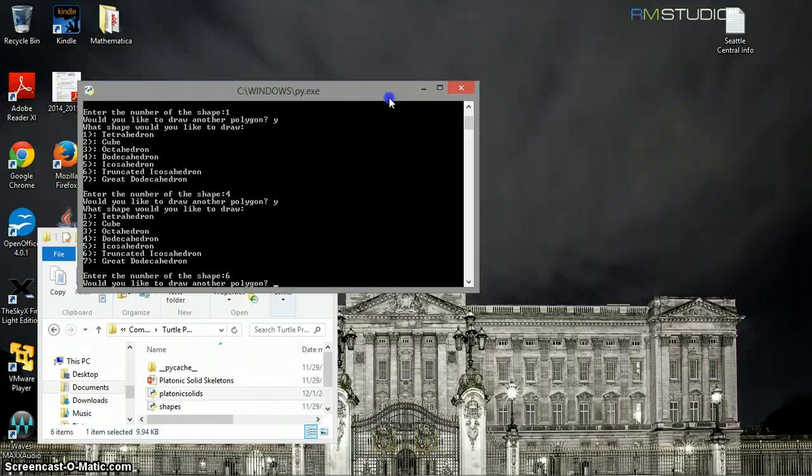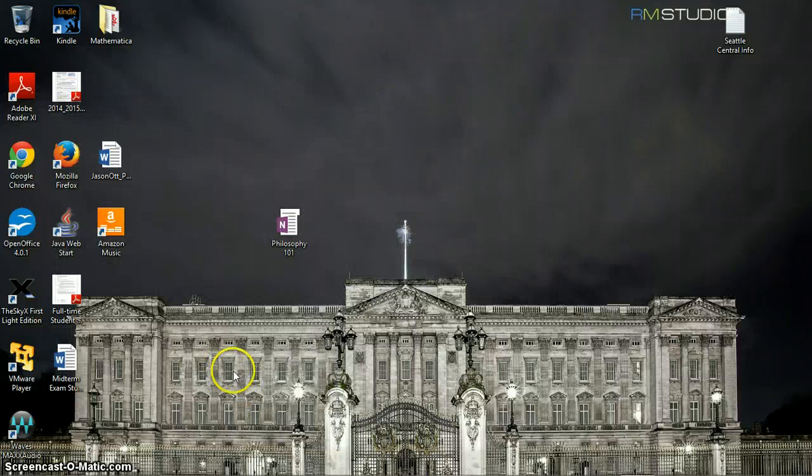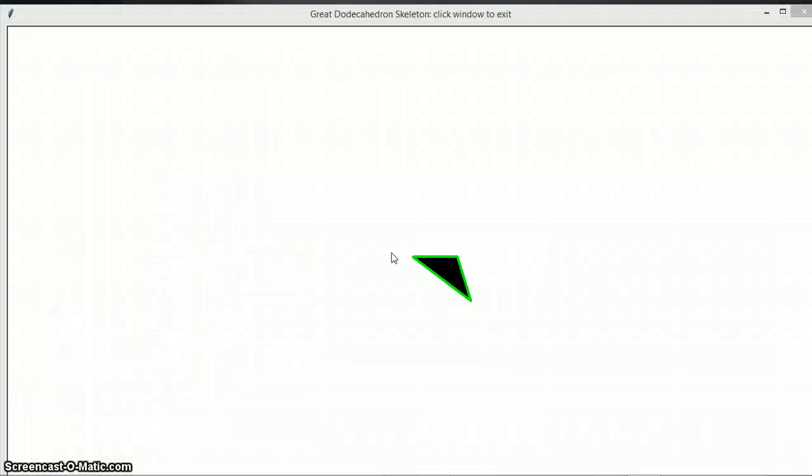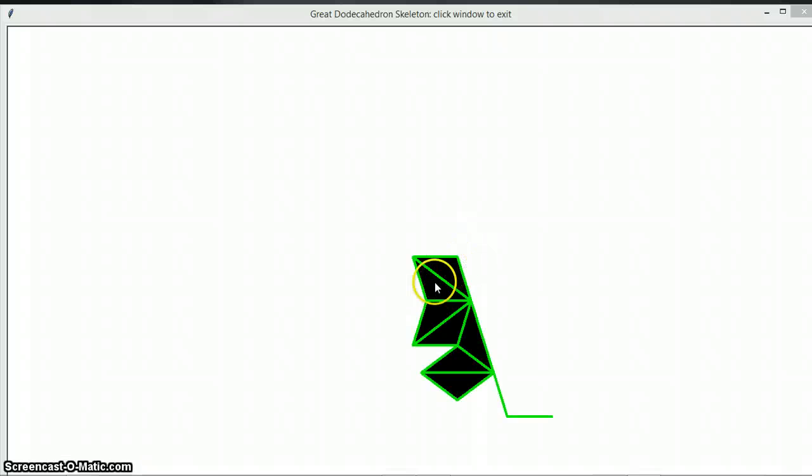And then we're going to do one more shape this time. So we're going to demonstrate one more shape for you here. We're going to do the great dodecahedron. So this one is the one I was talking about that uses 2 different isosceles triangles. We have the right-handed one that points off to the right, and we have the other one that points off